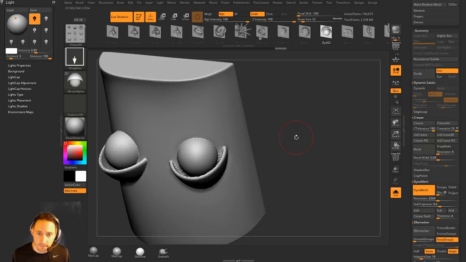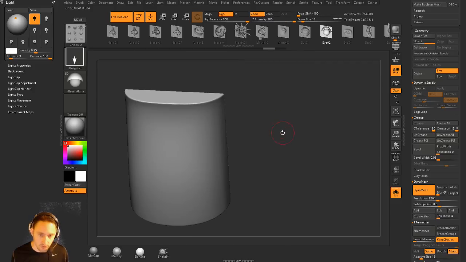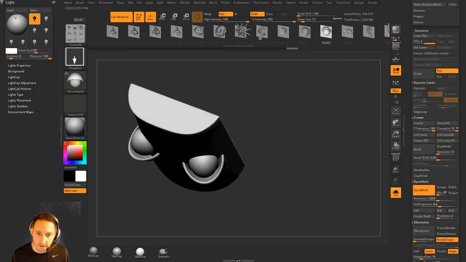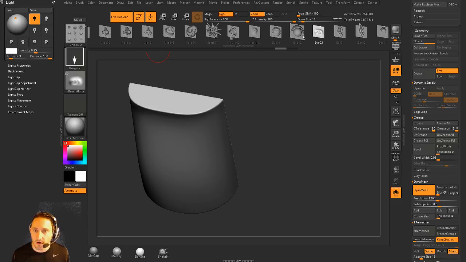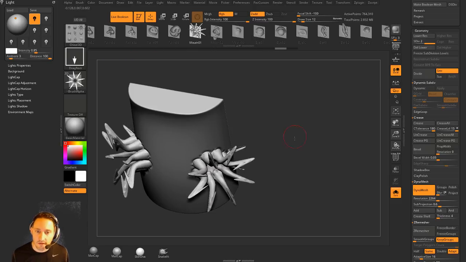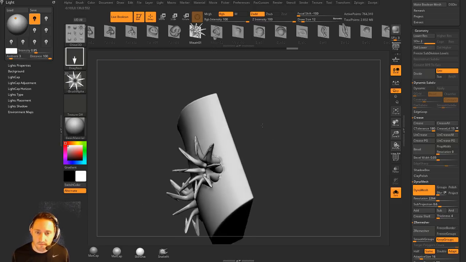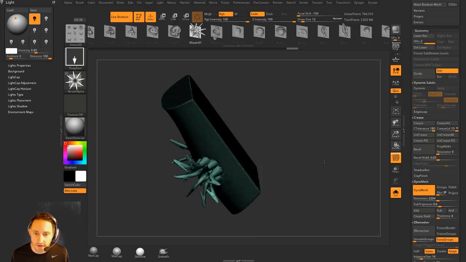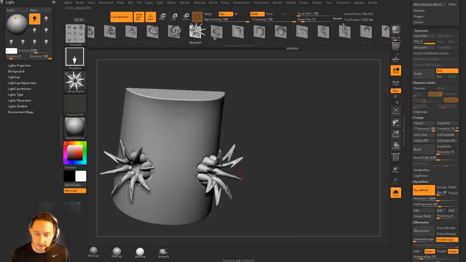So if I do this one, for example, you're going to see the mesh goes out, around, and then back down. Now it's dependent on your resolution. So if I hit Control D, we'll just make this resolution a little bit more. You can see we get a nicer result. So this is an extreme one here. So you can just take this one. You're going to see it's just forming out our shape here, and it's just taking that geometry that we have on our mesh and just displacing it